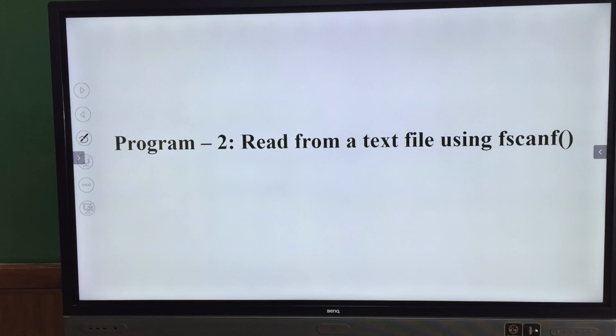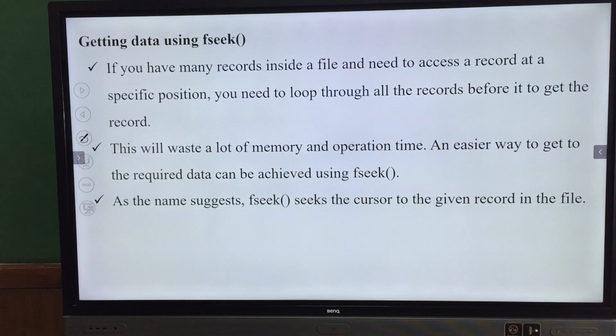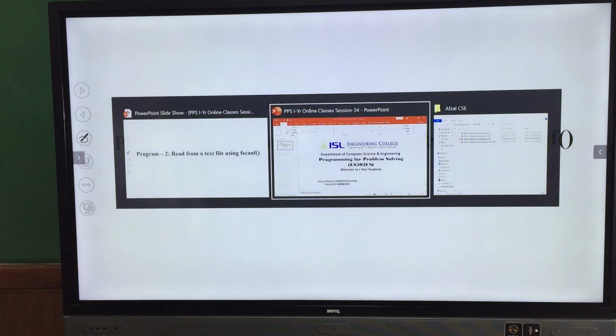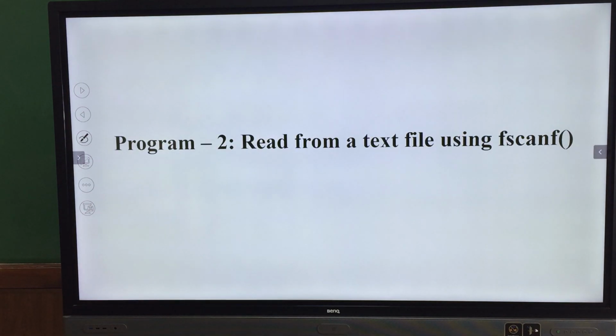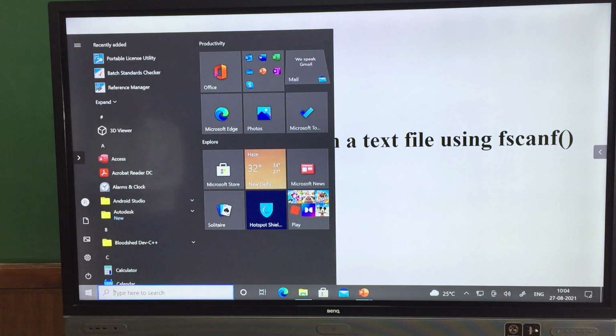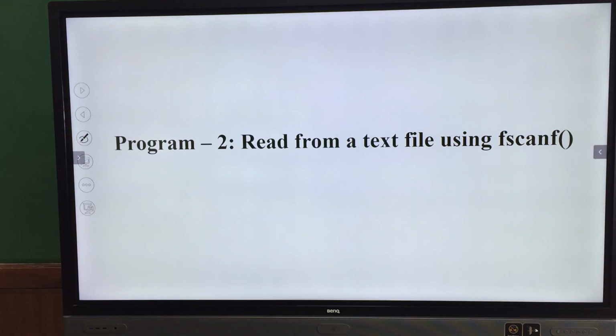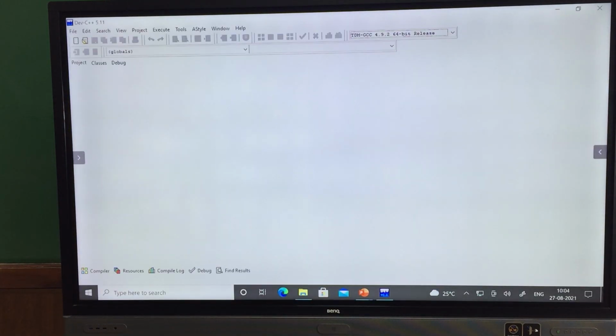Then we read from a text file using fscanf, and the same content we will read, and print that content on the output screen. It is not open, so let me open that one. Dev C++, yes, it is here. Here it got opened.